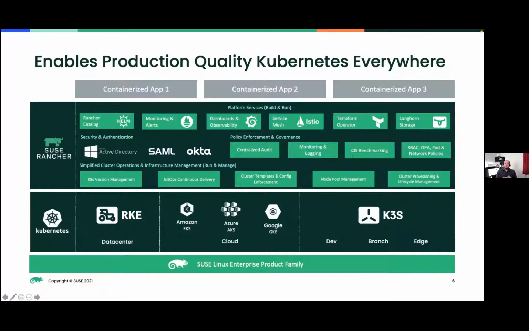And I think this is important because it allows you to get started with the value of Kubernetes management today for free. There's just that initial time investment from your teams. When we talk about the Kubernetes layer, we do have a couple of distributions ourselves. RKE, which is designed for the data center and for the cloud. We also have K3S as well, which is optimized for edge use cases. And you're going to hear a lot more about K3S next week, so I won't talk about it today.